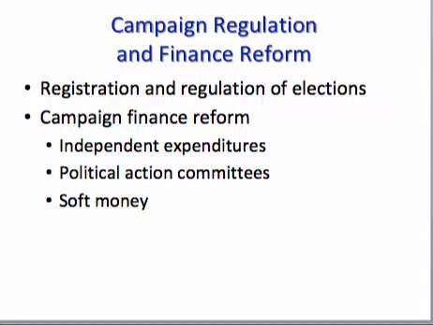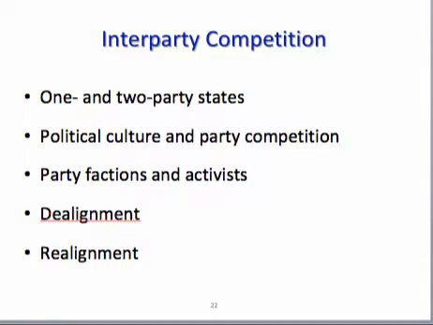So all that said, we have the regulation happening at the state level. They run the elections. They regulate the elections. We do have competition across the states, but oftentimes in the states the competition's pretty limited, right? In many states, we have states that are so reliably Republican or Democrat that the competition between the parties is not all that strong.